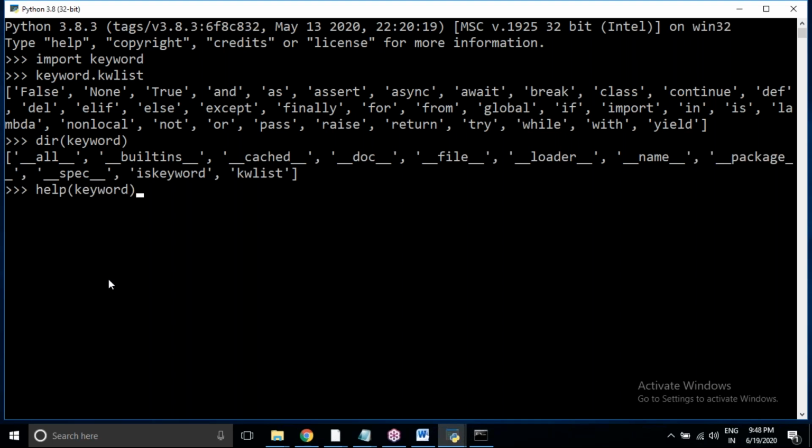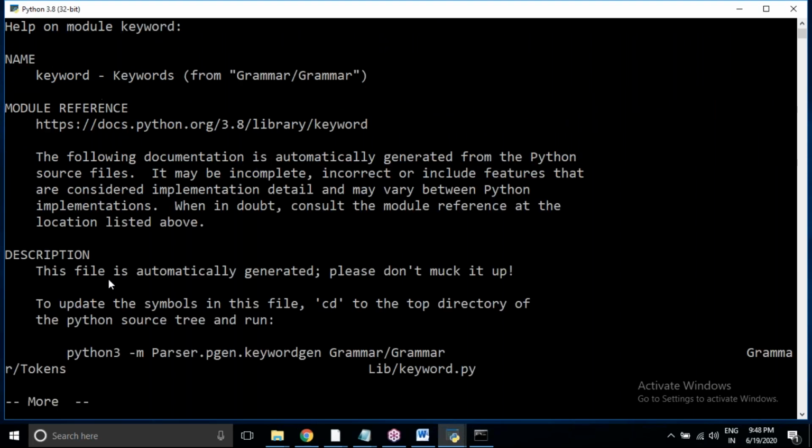It will give you the description and it will give you the syntax also. So while learning Python, if you have any doubt regarding any module, you can use the help function. Using help, you can see what is the content, what is the definition of the module, and what other predefined special properties are there.